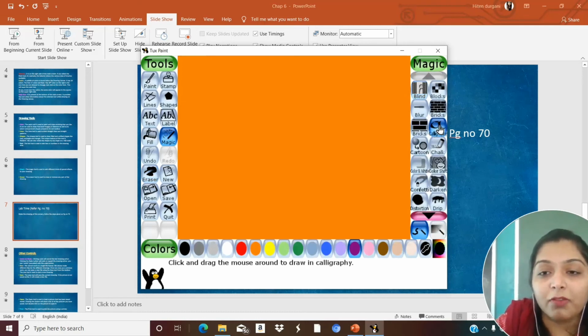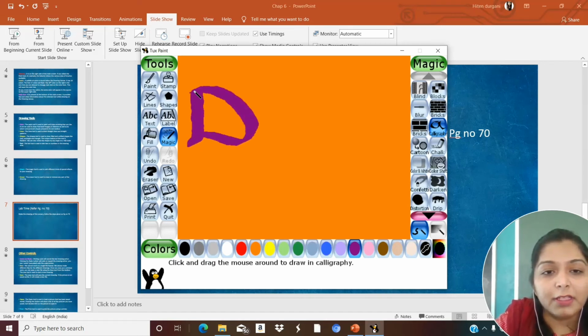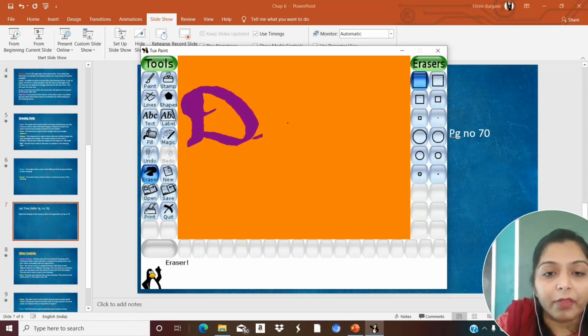We can use the magic tool for, suppose I want a different font for my name. So okay, I will choose the color, then see the handwriting, it's calligraphy. Here you can write all these things like this. See, I will rub it, then I will do it once again.